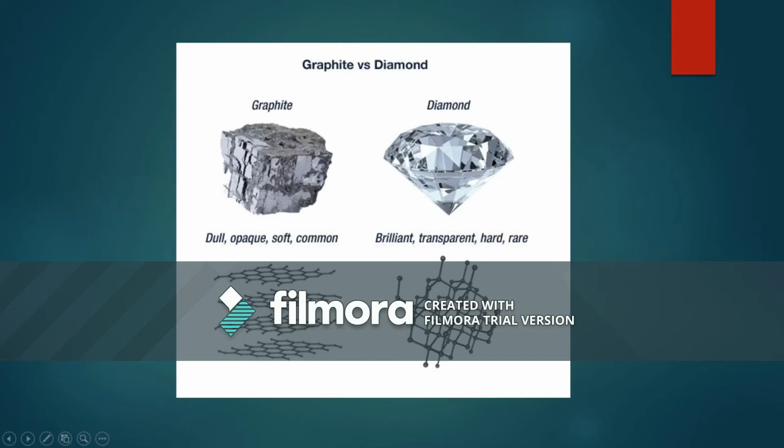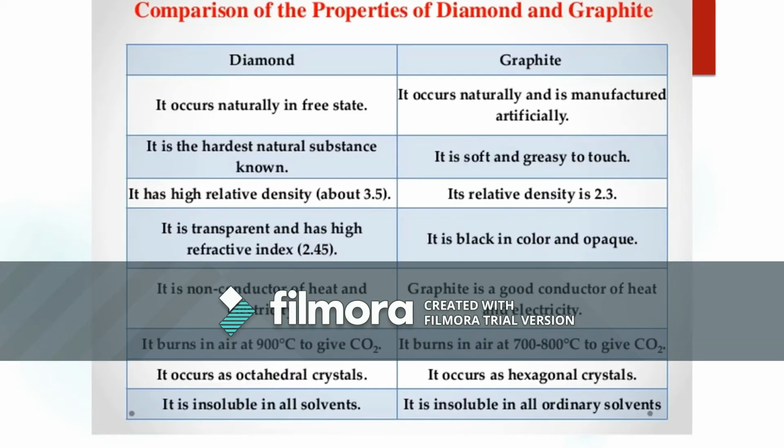Let's go to graphite and diamond, the difference between graphite and diamond. As you know, diamond is brilliant, transparent, and very hard, but graphite is dull, opaque, soft, and common. And this is a comparison of the properties of diamond and graphite, both of which occur naturally,